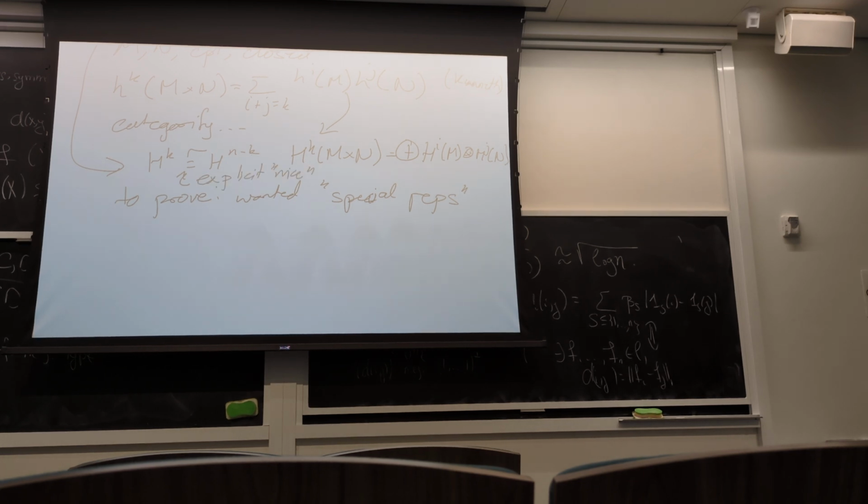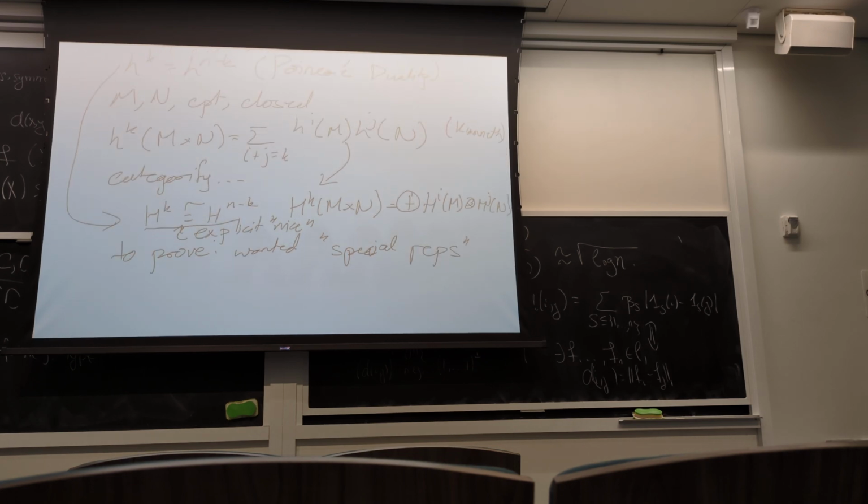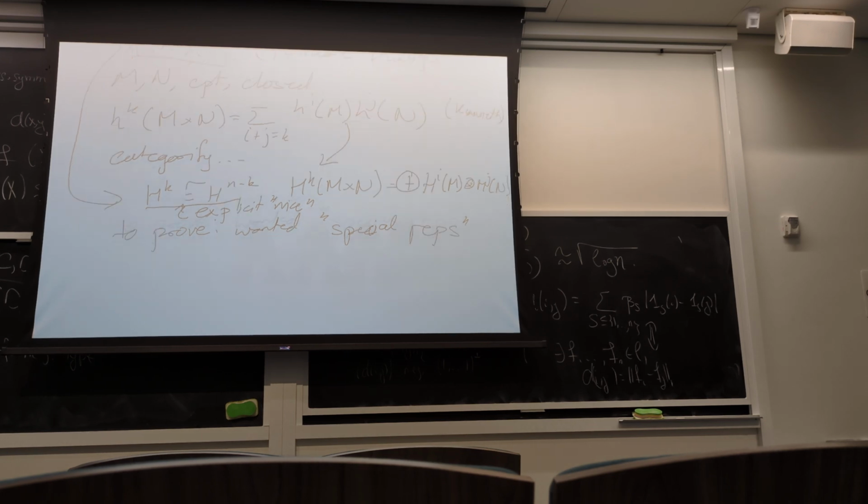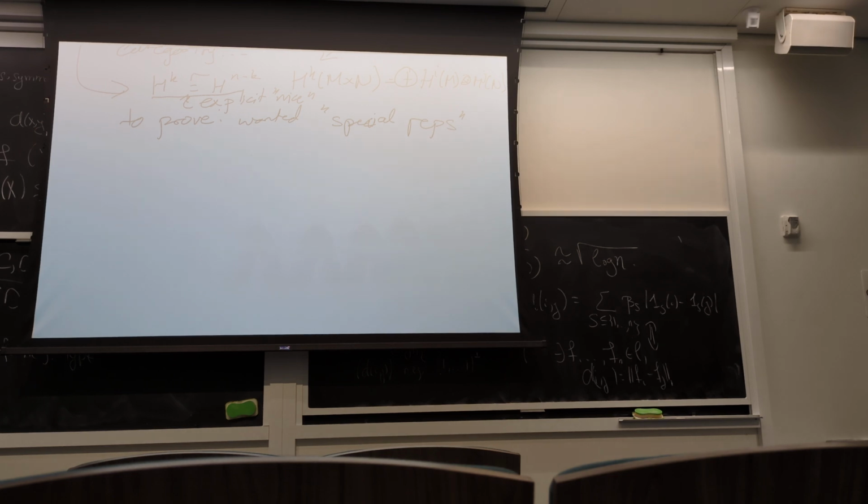I see, you want an explanation as to why these two are isomorphic. Or another way to say it is that we'll use this isomorphism in order to show that these numbers are equal. Oh, okay, because we have it already proved. Yeah. So to prove this, we want to construct some special representatives,